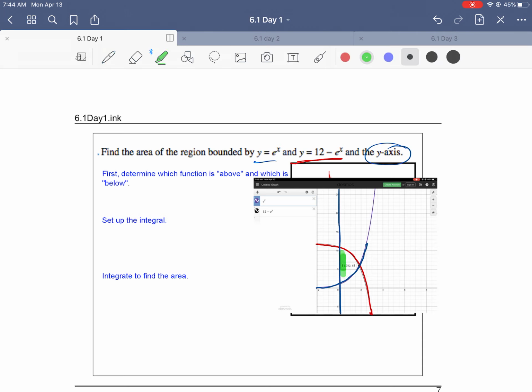They said the y-axis, which is right here. Therefore, this right here is the space that we want. And I had found that point of intersection as 1.792, comma 6. So now that I have a nice graph in front of me, I can see that my above, or my top, is the red minus the blue. More specifically, I'm going from 0 until